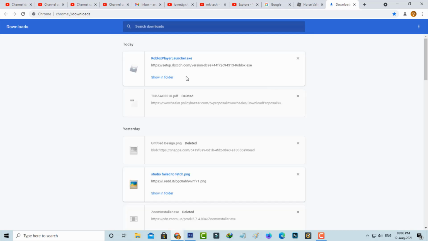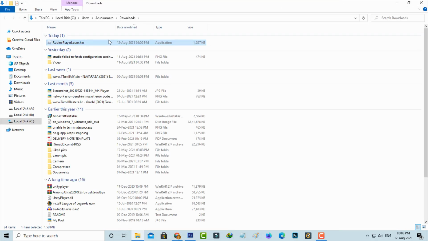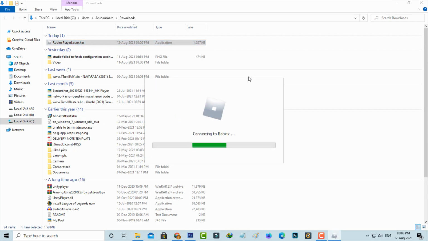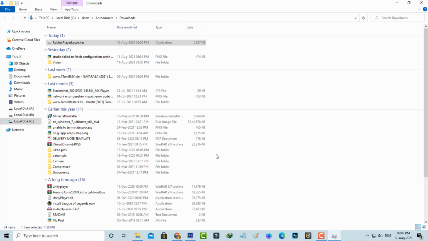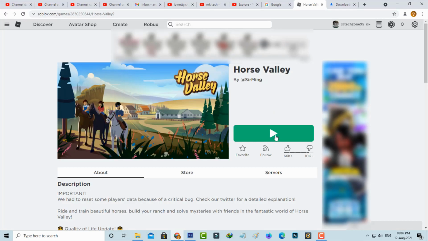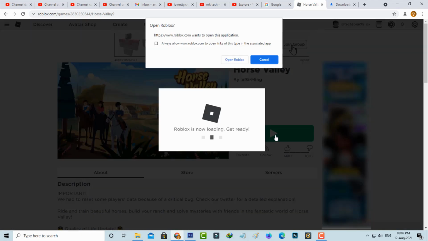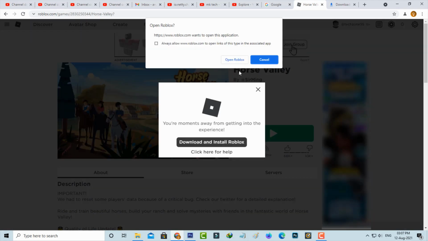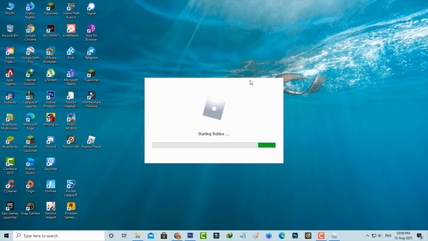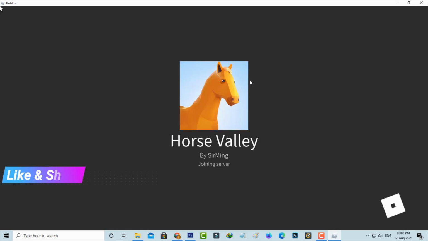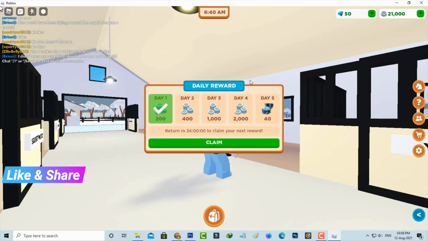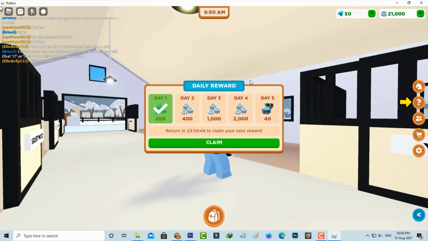Once the downloading process is completed, I install this Roblox player, and it starts installing. The installation is completed successfully, so you can click OK. One more time I try to play that same Roblox game, so you can press this play button, and it asks for Roblox access permission, so you can select open Roblox. But friends, this time you can see my Roblox Studio is opening very smoothly, and it does not show the previously occurred error message.